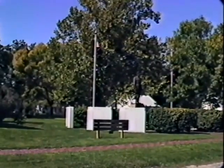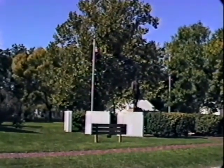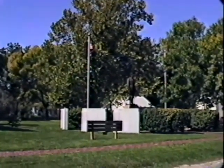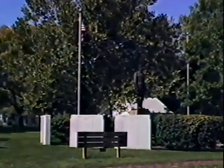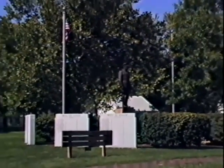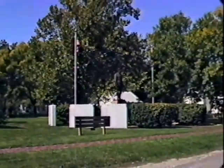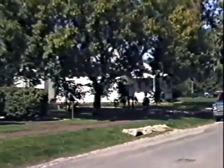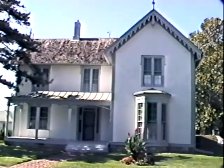Cold, cold day. North Missouri now, and we're here at Laclede, which is between Brookfield and Chillicothe. Actually, it's just west of Brookfield. And this is the boyhood home of General John J. Blackjack Pershing. There's Betty up there. She's reading the literature about him, some of the signs about it. But there's a statue to him, and we're panning around now. This is a shot of his boyhood home here in